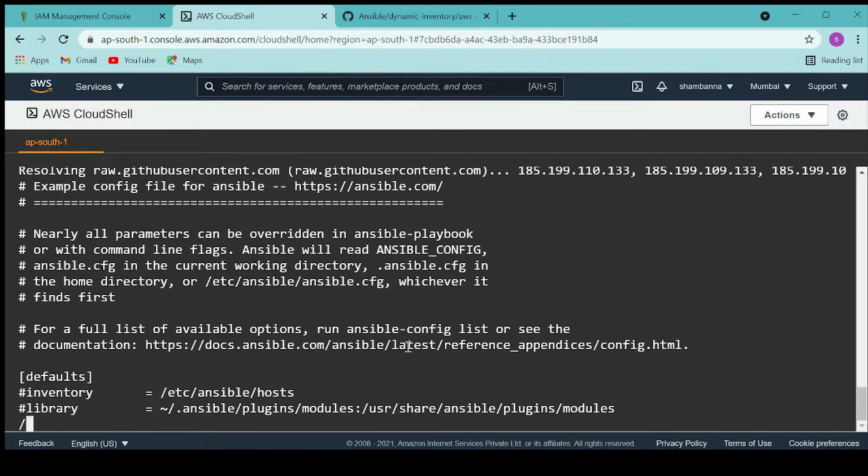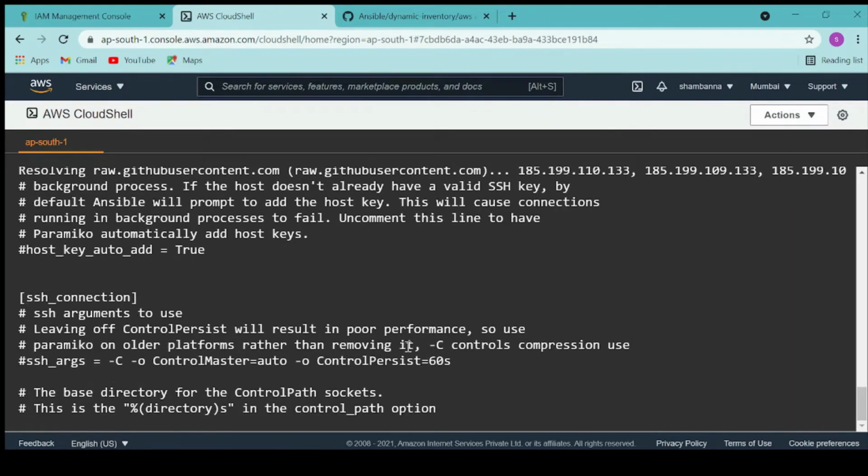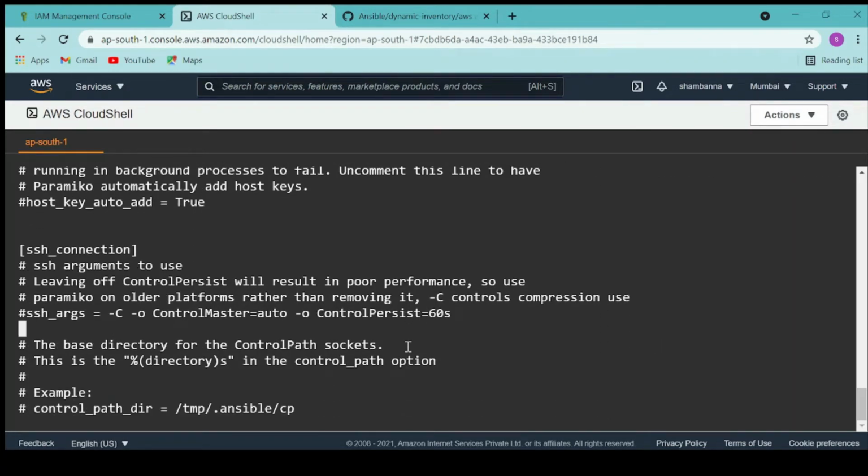So here let's find SSH. Here after the line I will add the SSH arguments. So I'm specifying which file to use for SSH authentication.